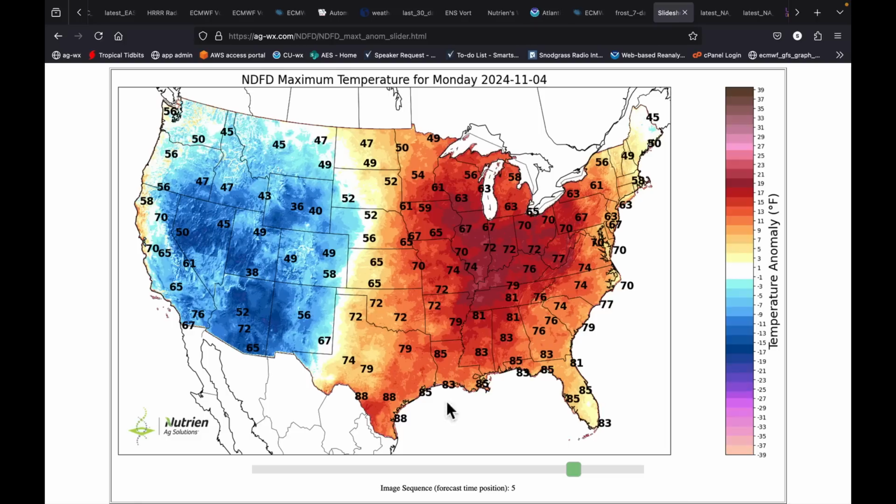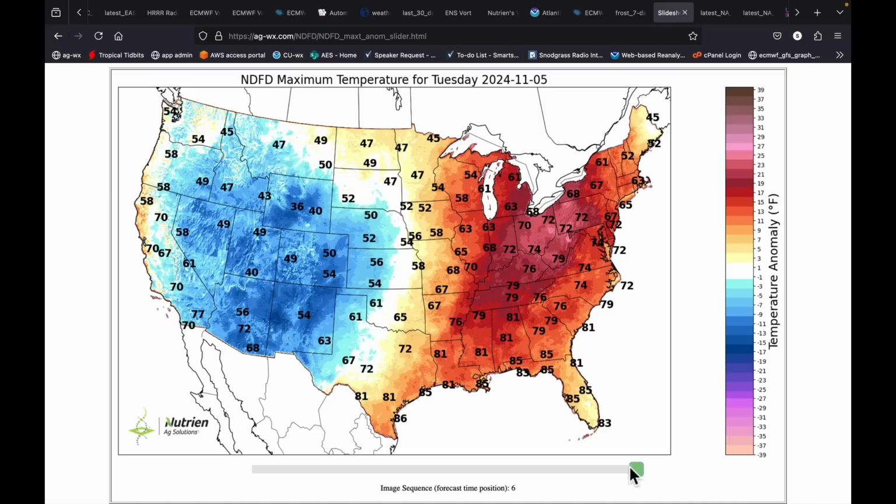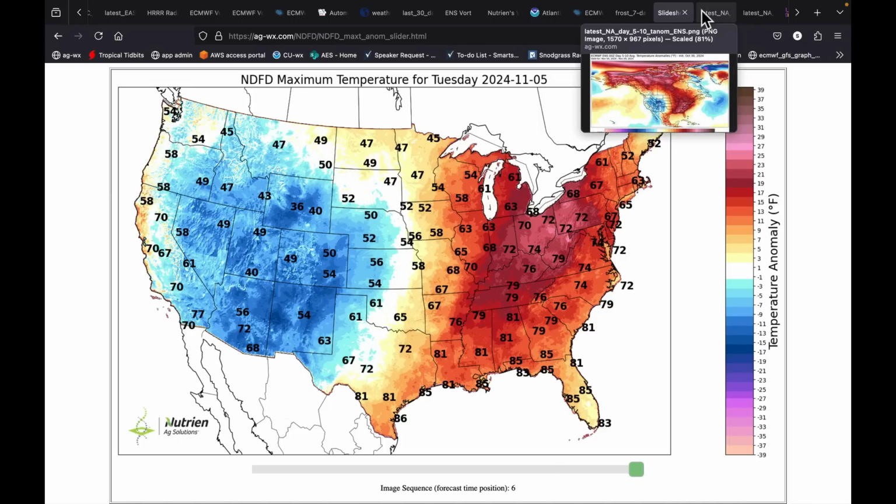Now, what's the warm up? This is the reloading around the next deep low that's in the west here. And this is the 4th. It's going to eject the 4th and 5th and come across the country and give us kind of a repeat of what we're about to see over the next 48 to 60 hours.